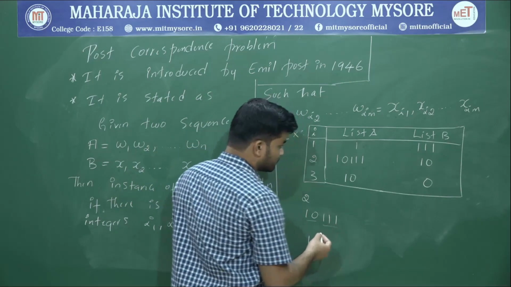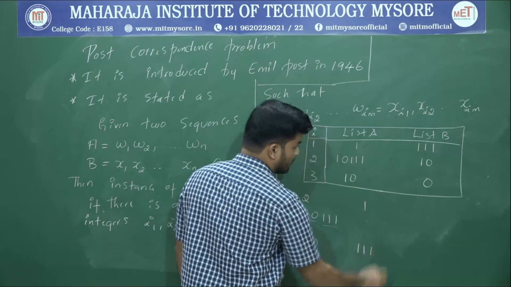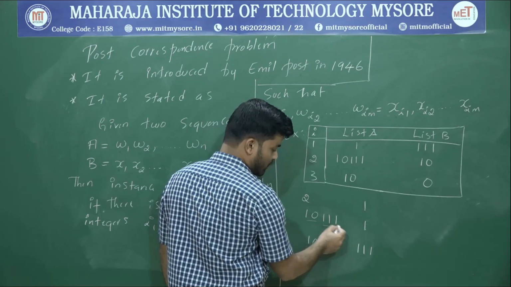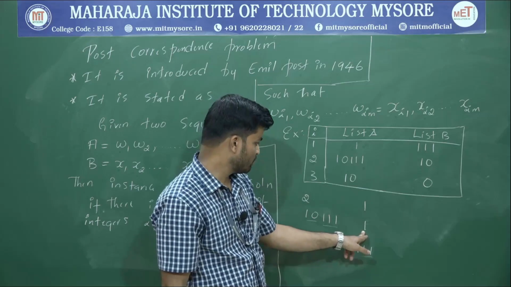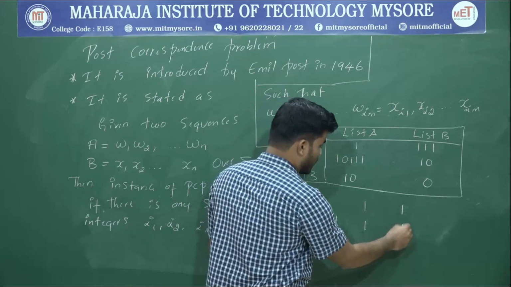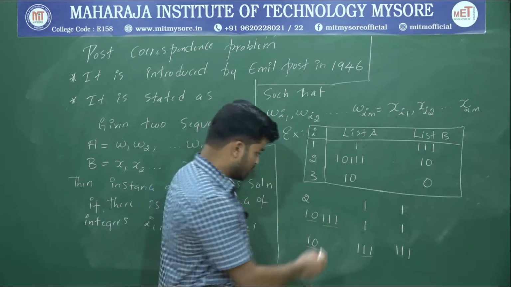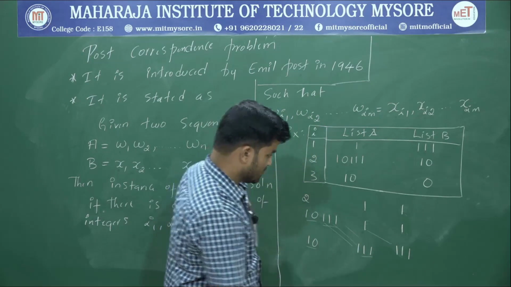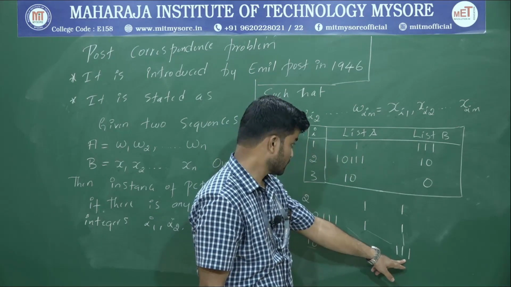So what I will do, I will go with I value 1. If I go with I value 1, from list 2 it is 111, and from list 1 it is just 1. Now for this 3, 1 there is a match in list 2, but here I got an extra 1. So again I will go with I value 1. If I take I value 1, from list 1 I will get 1, from list 2 I will get 3, 1. Now for this 3 there is a match, and for this one there is a match, and this one also there is a match. So in list 2 I have an extra 1.